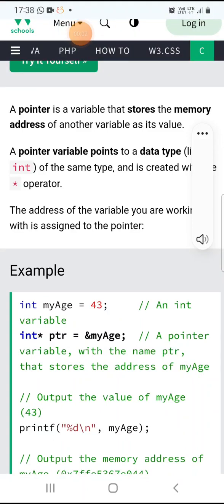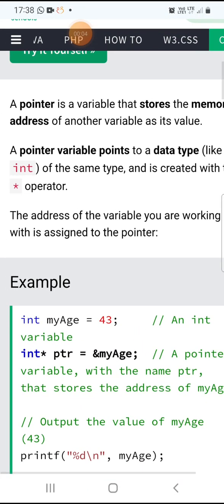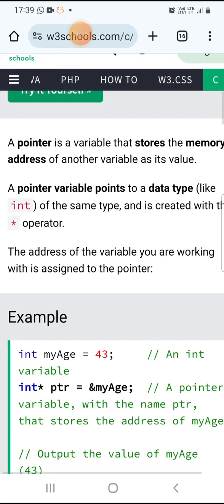Now we will try to understand pointers in C. This is a very important chapter in C language. Pointer. What are pointers? Okay. Pointers are simply variables. Don't confuse yourself. A pointer is a variable. It holds the memory address of another variable